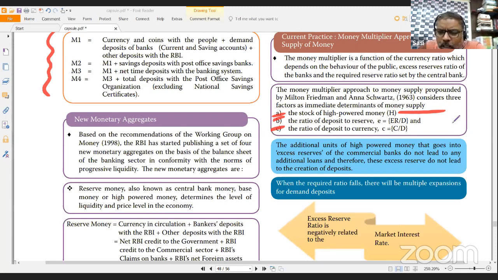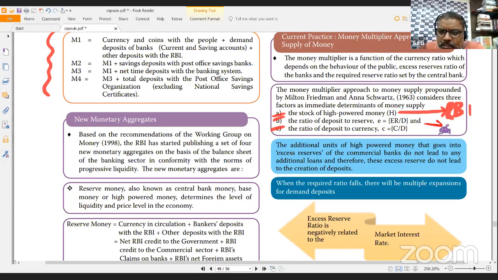banks keep a certain portion of their deposits in the form of reserves, and to that extent they cannot lend it to the people. If excess reserves are created by the banks, then those excess reserves will reduce the money supply. If the reserves are maintained just about what is required, something like CRR, then the money supply will be more. So once again, we can say the first one is the decision of RBI,